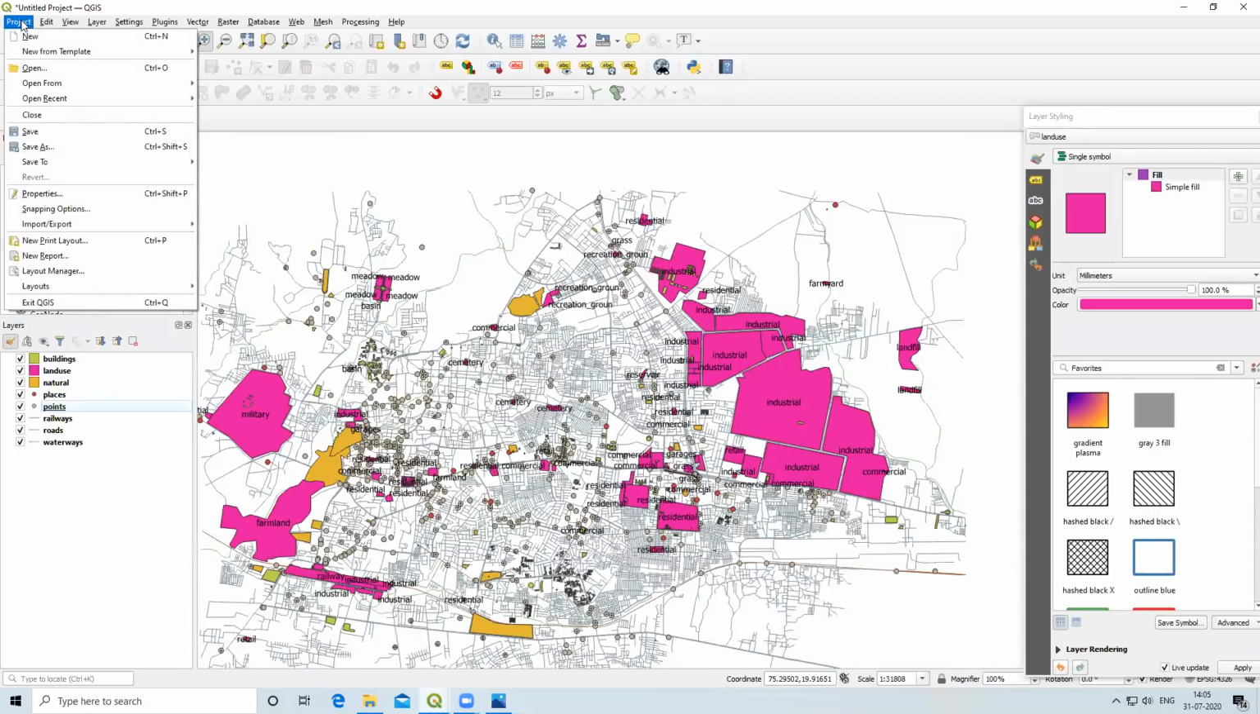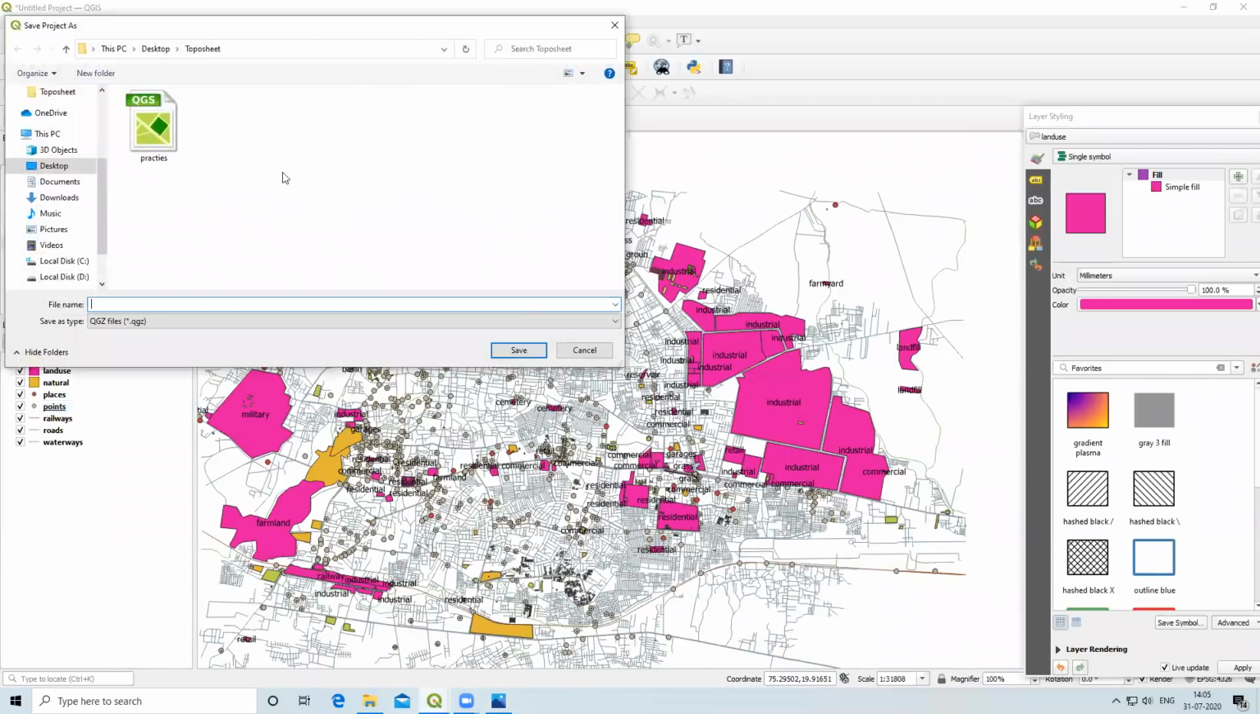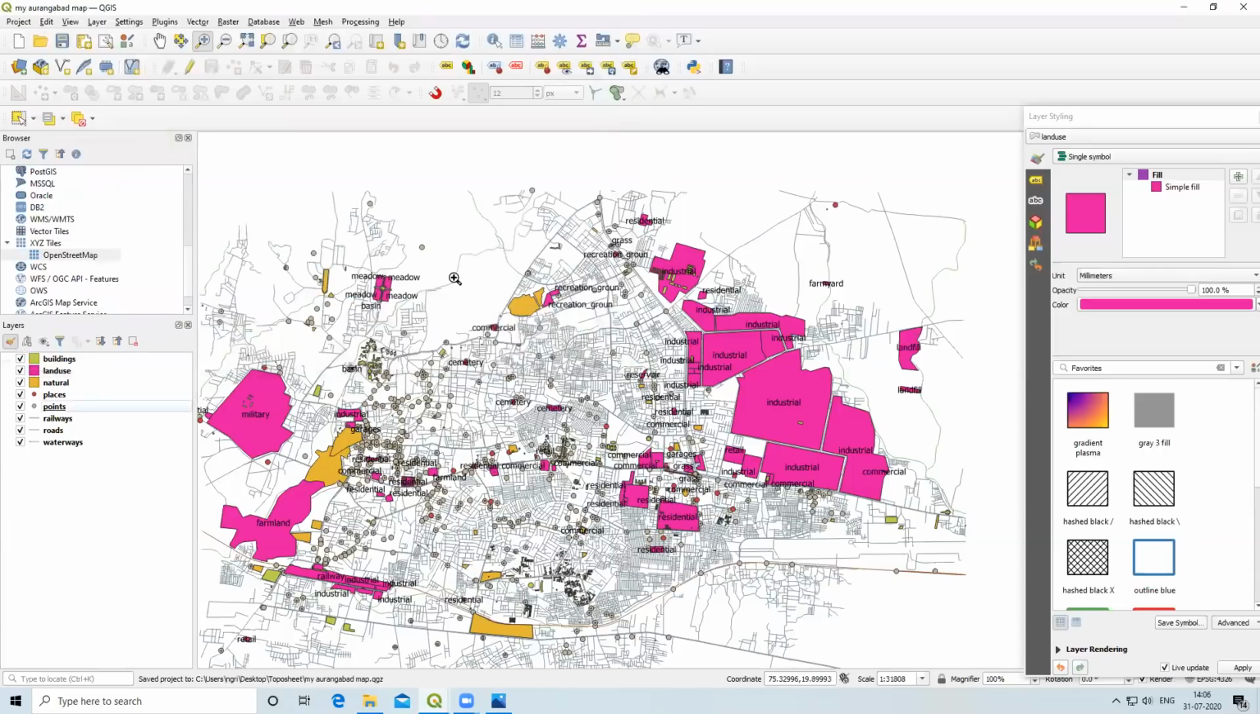To save this file, I will click on save as. If you want to do any change in future, we have to save this file in .qgz format. So I will save my Aurangabad map. In future, if I want to change anything in this map, I will directly open it and I can change the map. So for that I am saving this in .qgz file. Now I will close this,